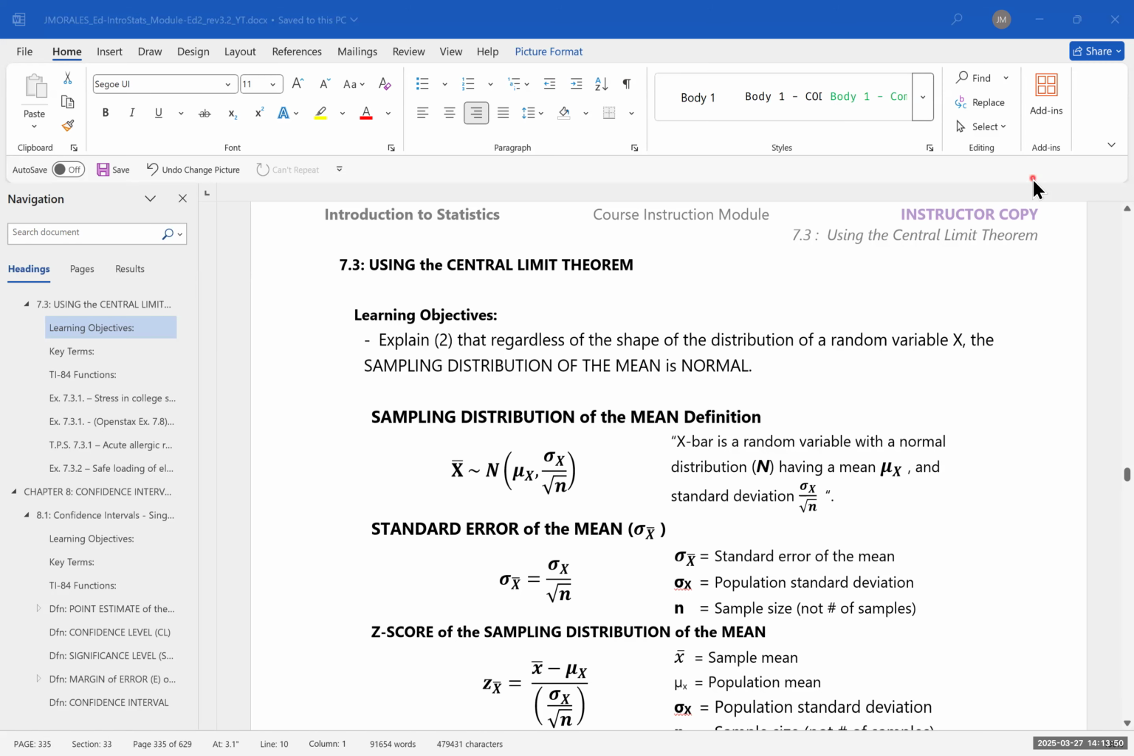All right, pressing on to section 7.3. This is using the central limit theorem. So this is going to be just more examples. What you saw in the previous section